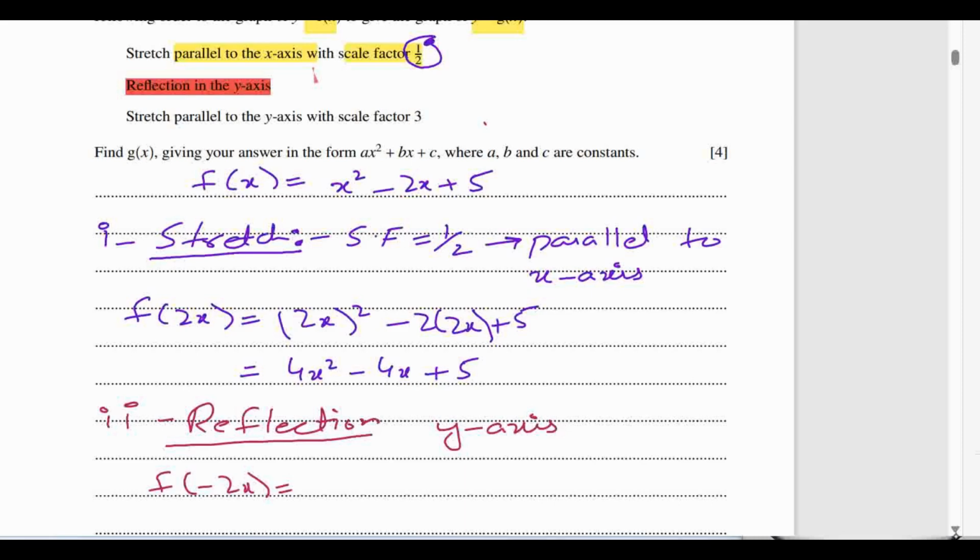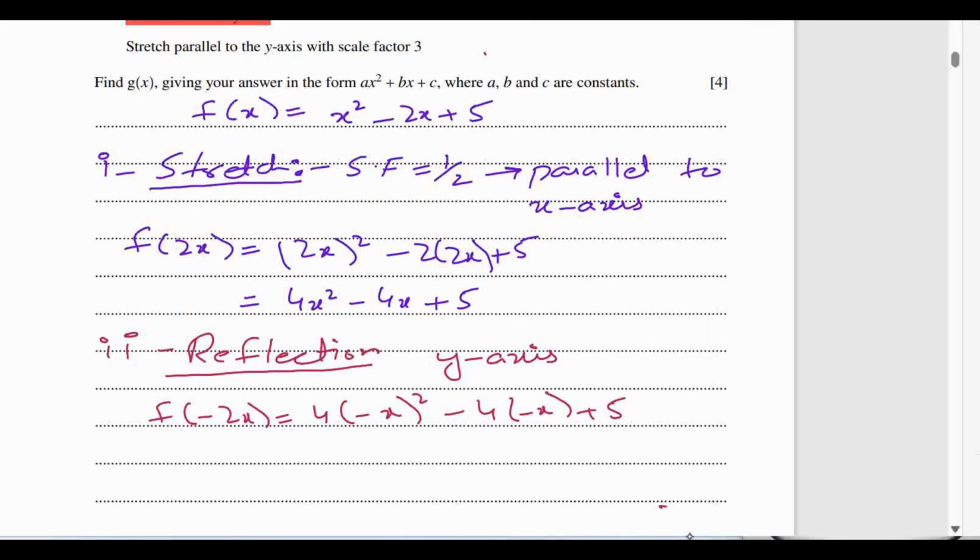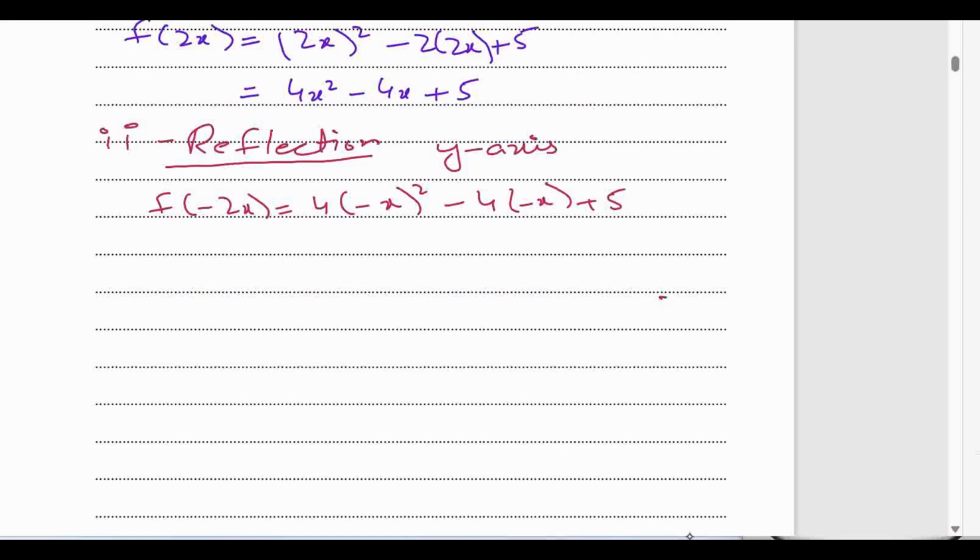So this will be 4 into minus x whole square minus 4 into minus x plus 5, which will be equal to 4x square plus 4x plus 5. Now we are done with the reflection part,